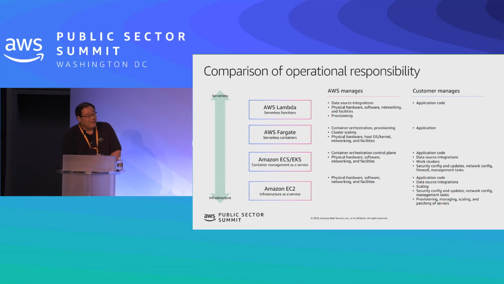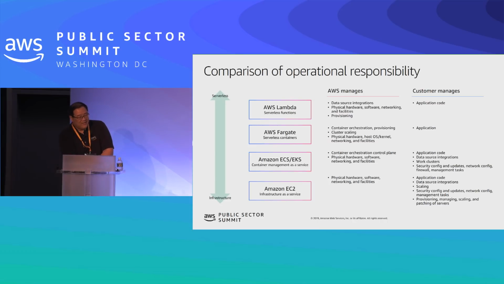So this is another way to view what we're talking about here in terms of the value proposition of shifting more towards serverless offerings in the platform. This view is a little bit more compute-centric. At the bottom of that arrow, you see more of what we were talking about, running directly on EC2 infrastructure. Towards the top of that scale is where we have our serverless offerings, which in the compute world mostly center around AWS Lambda, which is our serverless function as a service offering. We'll be drilling a little bit more into that in just a moment.